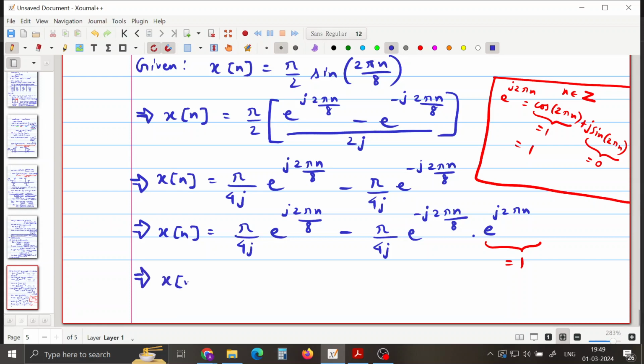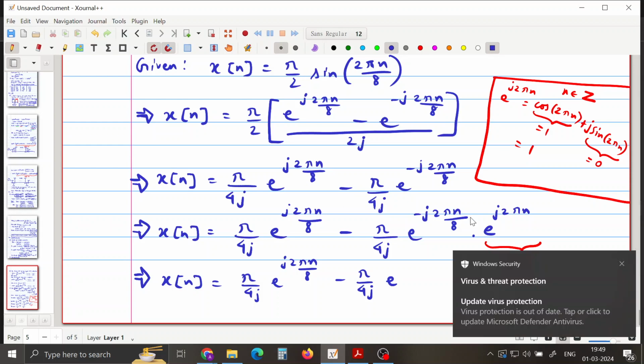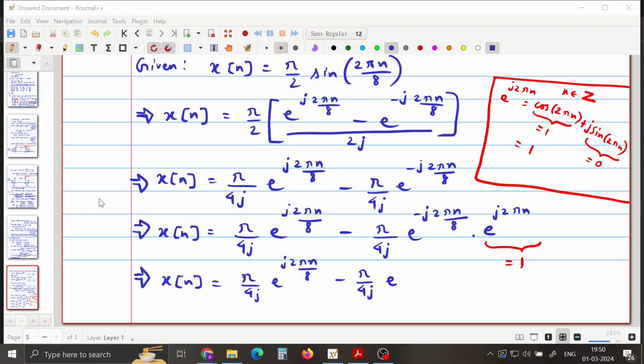And now what this does is, this is the first term, and the second term now I can rewrite it as pi by 4j. It's a product of exponents, therefore the powers get added, right? The product of two complex exponentials is basically e power the sum of the two individual powers. So if you do that, you get e power j 14 pi n by 8. Okay, so now we have removed that negative sign, you see, and if you call this equation 2,